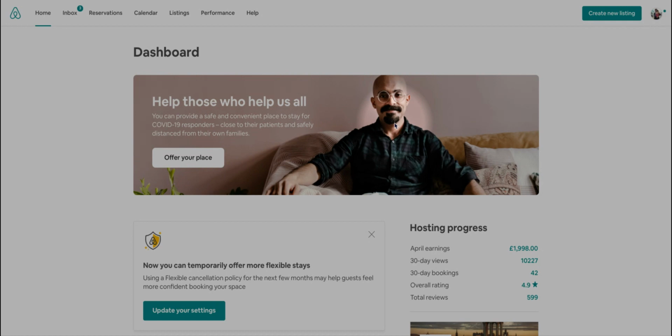Co-hosting allows anyone to access your listing. So bear in mind, it is a listing level sharing. It's not an account level sharing. So if you have multiple listings, multiple properties on Airbnb, you can share only one property at a time with a co-host. So someone you trust, it can be a friend, it can be a professional co-host helping you managing